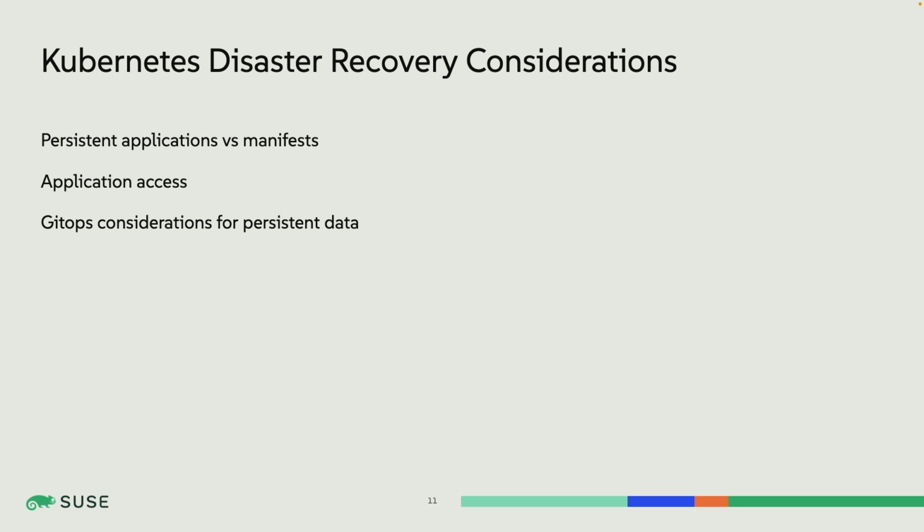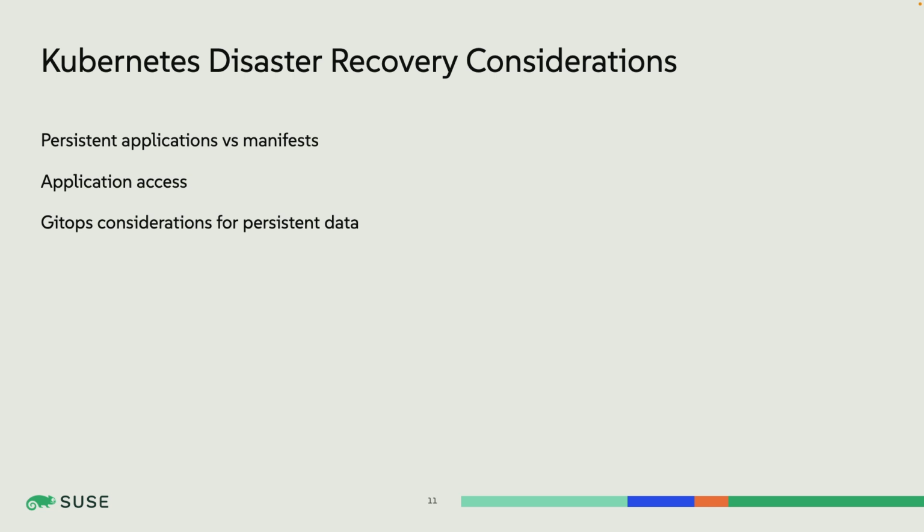I kind of touched on this a little bit, but when we were all in VMs, that virtual machine had all of the configuration data and all of the data as part of it. So I could take that as a nice, neat package and move it to another site. But with Kubernetes, I do need to account for these manifests, because the manifest on a well-designed Kubernetes application is going to have configuration data. It's going to have port numbers. It's going to have the version of Mongo or Postgres or the application that I'm running.